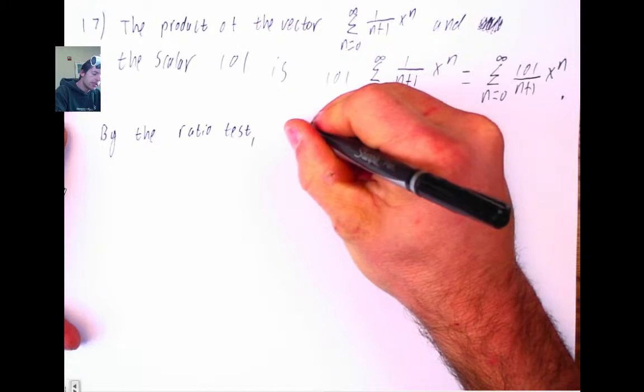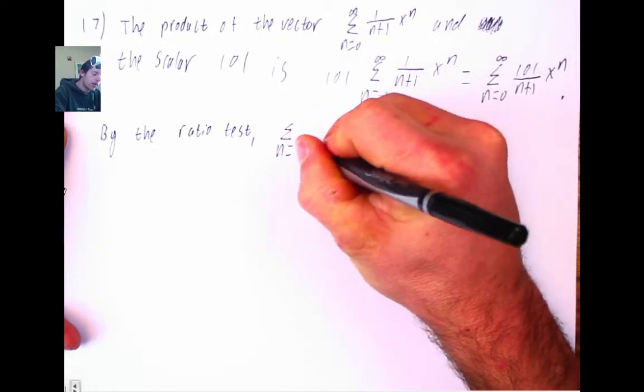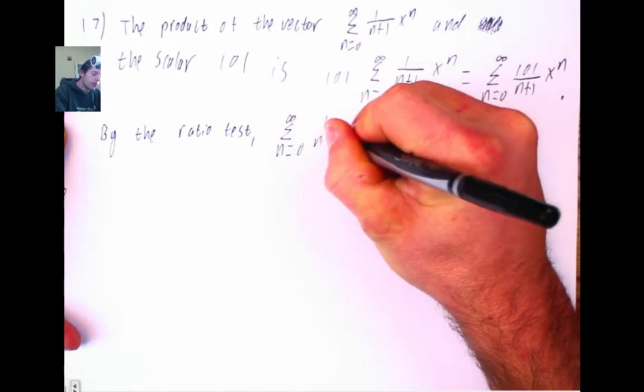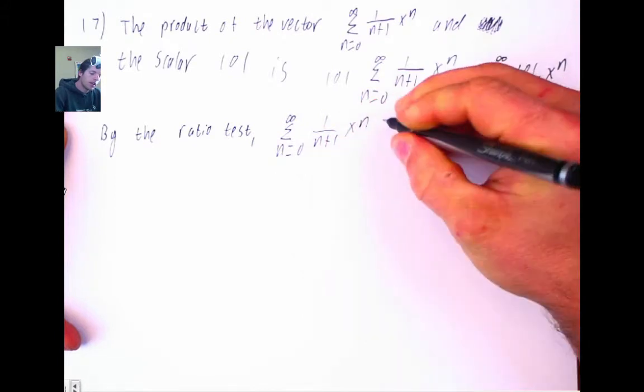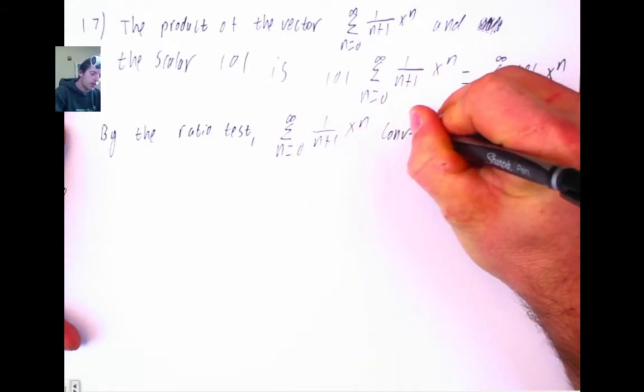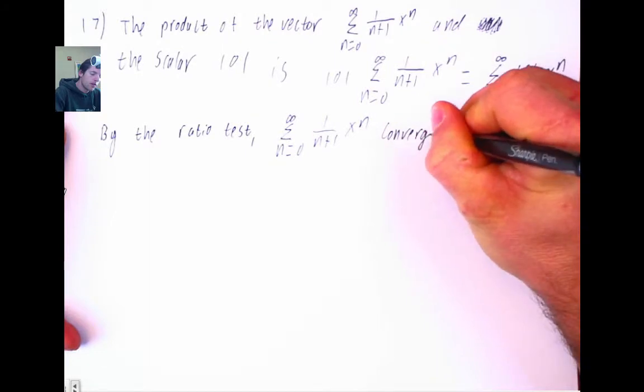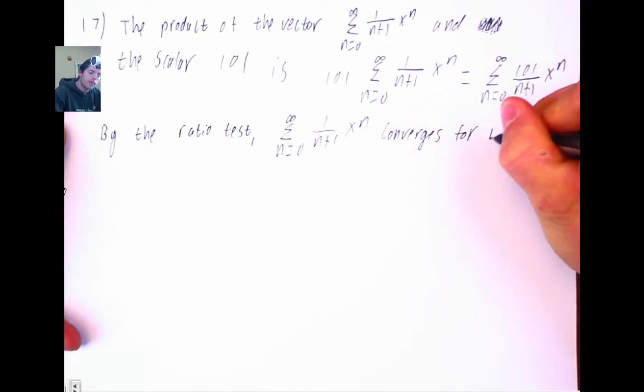The series 1 over n plus 1 x to the n converges for values of x,